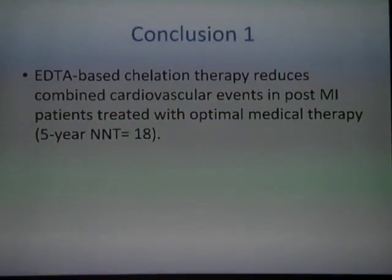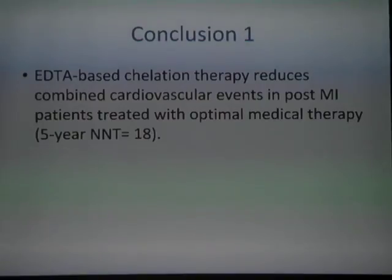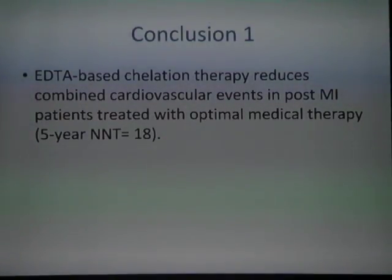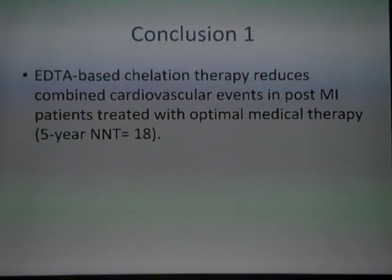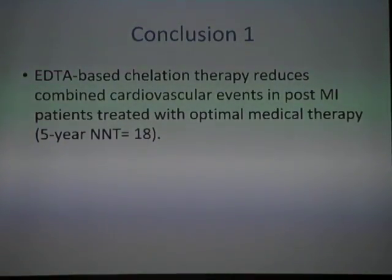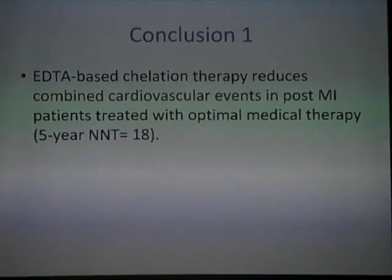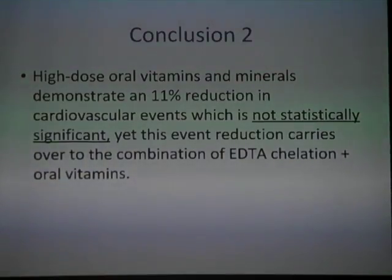So conclusion of TACT: EDTA-based chelation therapy reduces the combined cardiovascular events in post-MI patients. The 5-year number needed to treat was 18. The 5-year benefit in statin drugs is about 18 for prevention. Okay, that means you have to treat 18 patients to save 1